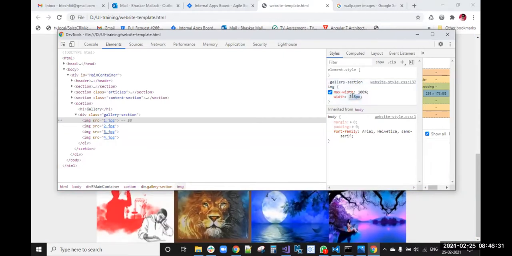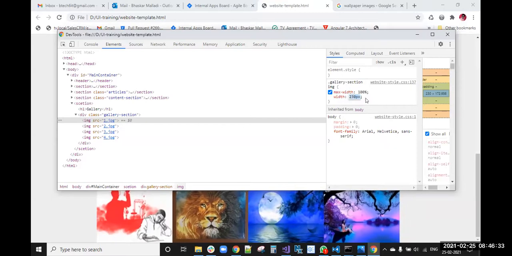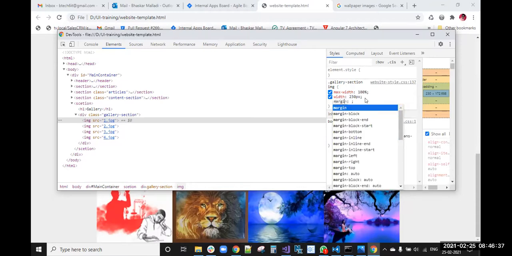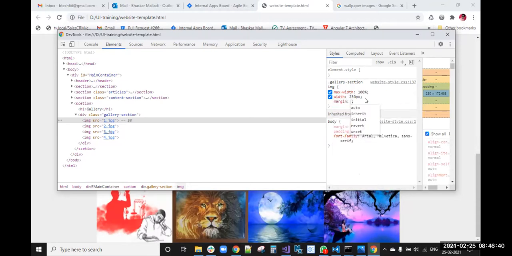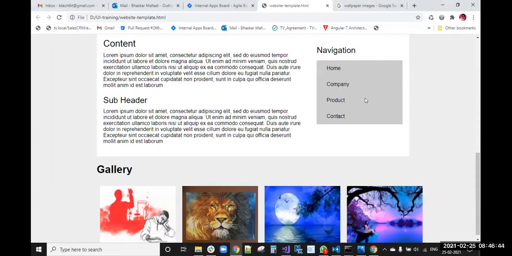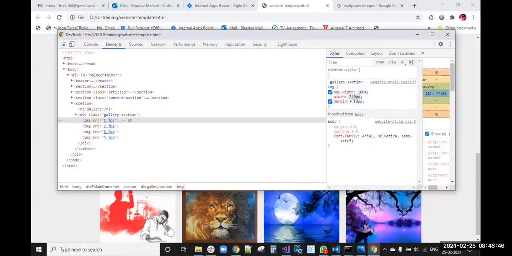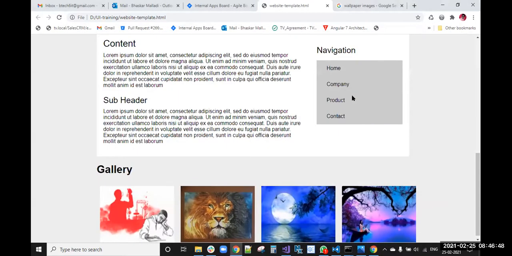And it is up to 235. We can apply the margin property, 10 pixels margin. Still it is increasing. 235 pixels.